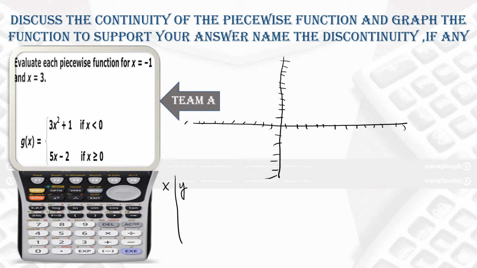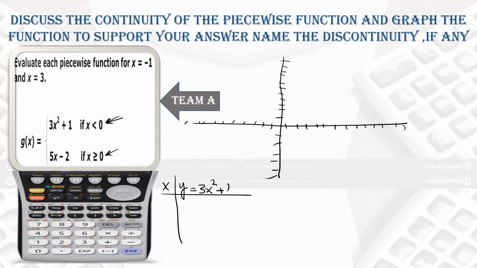Now you have to take y where x is less than 0. It means you will use the equation 3x squared plus 1. I told you many times that whenever you are sketching the graph, do not take this point, start from this point. And now you might ask me why we are taking 0 whereas 0 is not included in the equation. No problem. Whether some number is included or not included in the equation, you have to start from the same number.